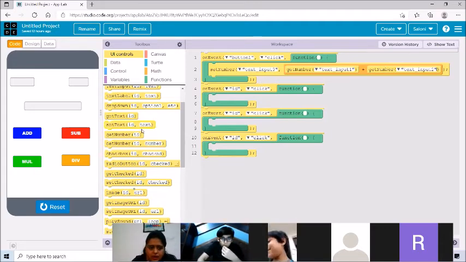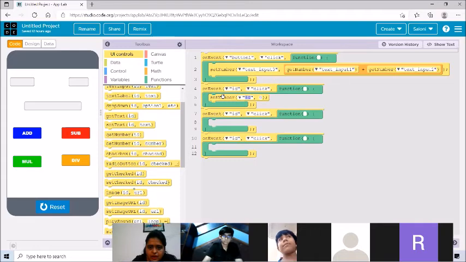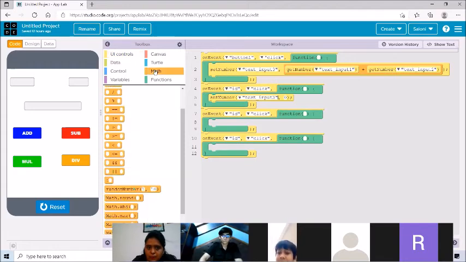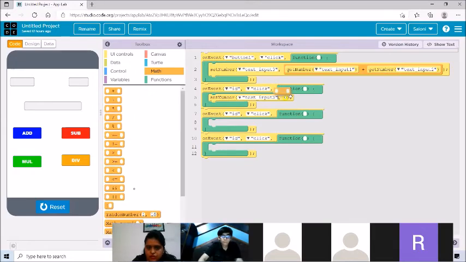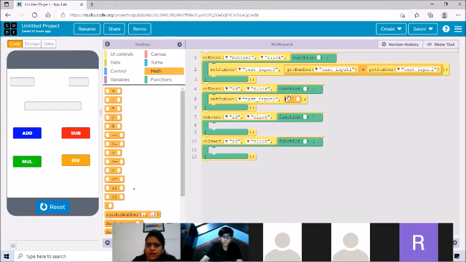Yes. Now again, for the second button, we'll take the set number once again. Fine. Again, the text input 3. The answer will come in text input 3. And we'll go to this math component and take the minus sign here. For the second button, the numbers are going to get subtracted.